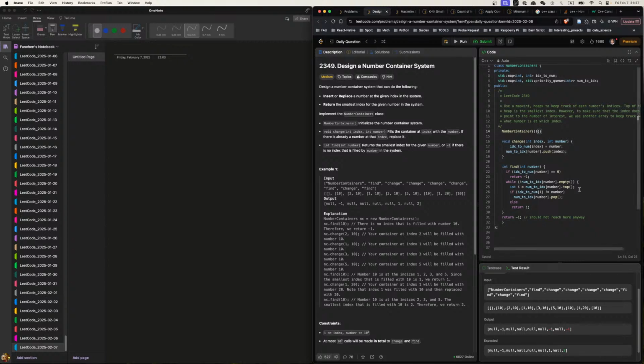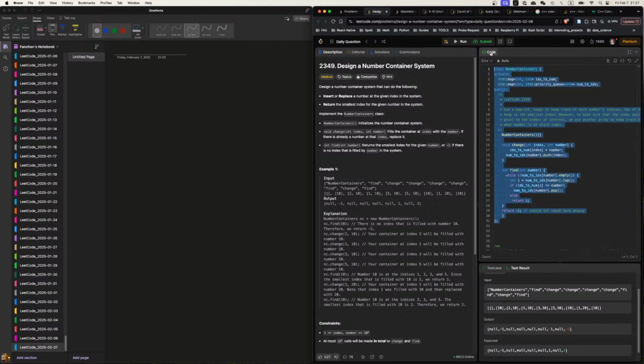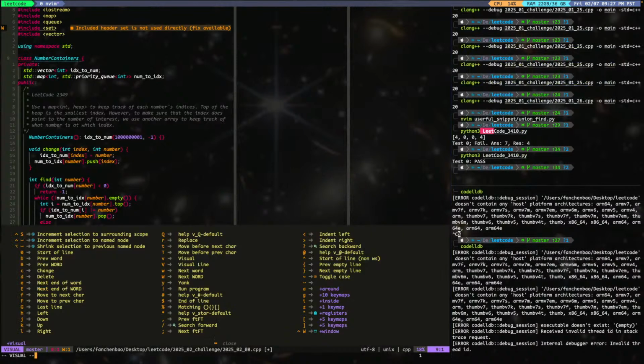Oh, this is not right. We give me a number. I have index to number. This is not right. No, it's number to index, right? If it's empty, then if it doesn't have, which means it just does not have, so make it -1. Hold a second. I think we need a new